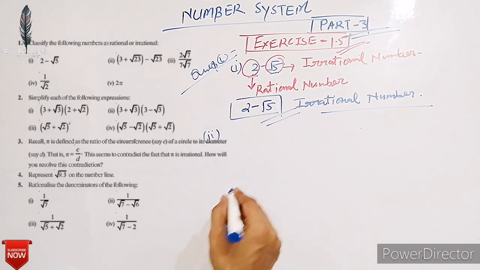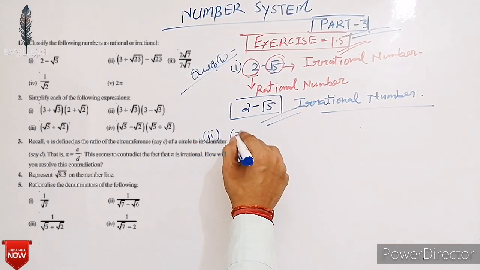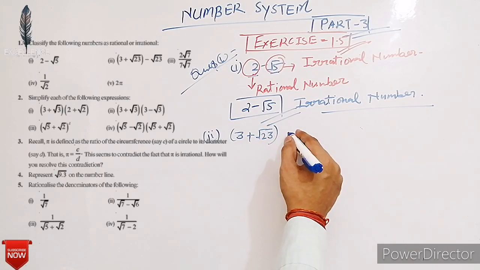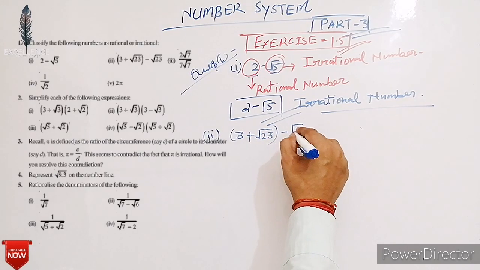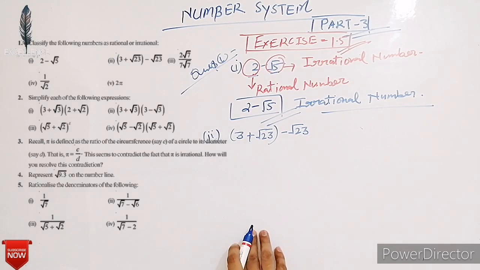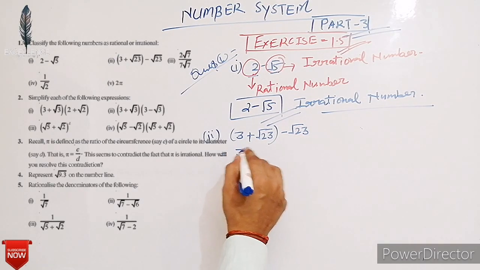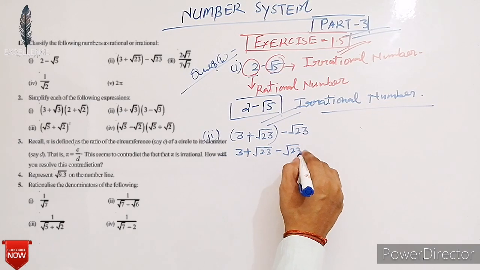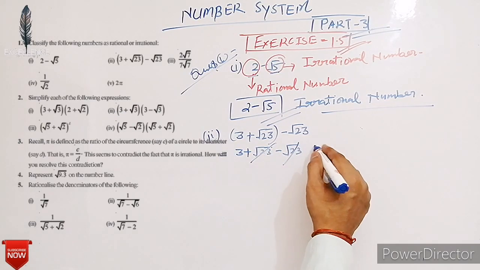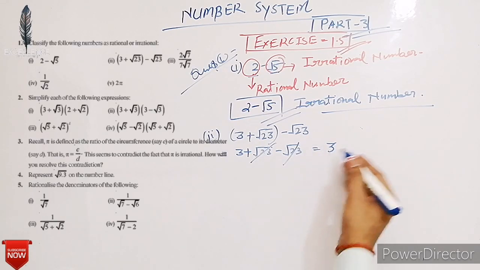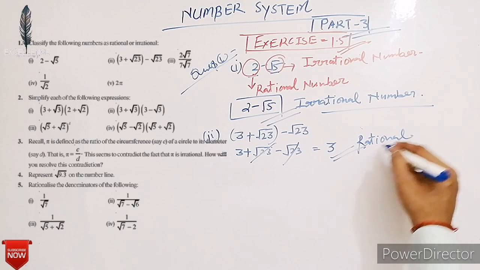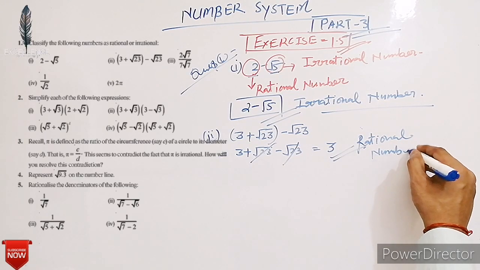Now second, 3 plus under root 23 minus under root 23 is equal to 3 plus under root 23 minus under root 23. पॉजिटिव और नेगेटिव अंडर रूट 23 कैंसिल हो जाएगा, इज इक्वल्स टू 3 और 3 इज रेशनल नंबर. ओके